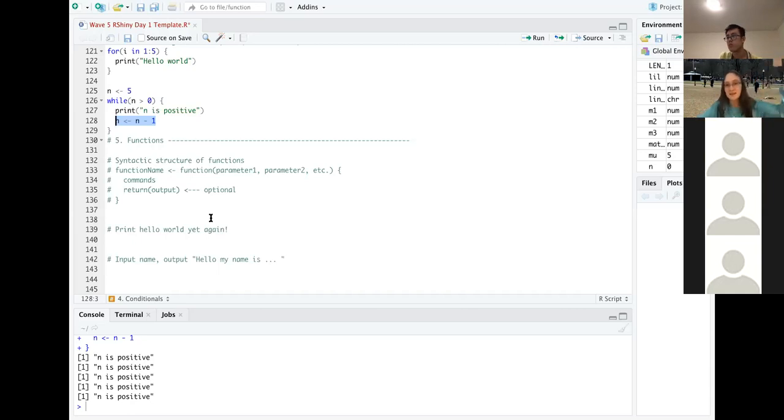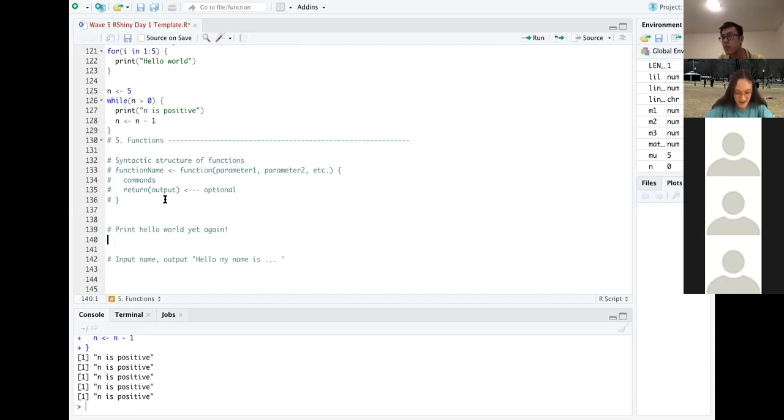Basically you take in an input, do a bunch of stuff, do whatever you want, and then you have an output. So the function syntax is as outlined in these comments. You just give it a name and then call the function on it. Ironically, the word function is a function, so just keep that in mind.